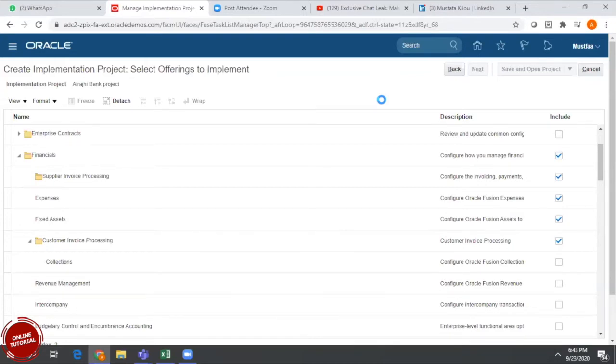The functional setup module will work as a guide, and which task we need to execute first and which task we need to perform later, that kind of navigation it will also show us. So once I save and open the project, the system will automatically distribute the task list. In order to distribute, it may take 1 or 2 minutes because we selected three different functional solutions.